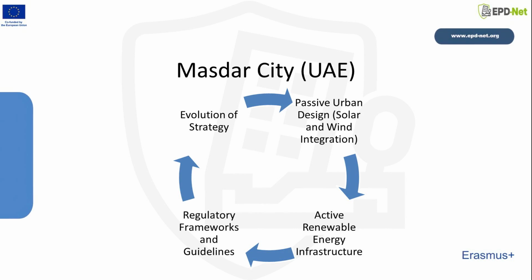Estidama Pearl Rating System. Construction is regulated by the Estidama Sustainability Rating Framework. All developed property in Masdar City must achieve at least a 3 Pearl rating, comparable to LEED Gold, which exceeds the minimum requirements for other buildings in Abu Dhabi. Performance targets. Current sustainability objectives include a 40% reduction in energy consumption for its buildings relative to comparable structures in